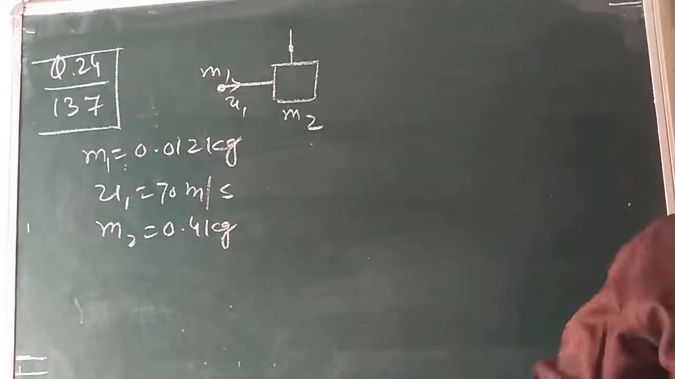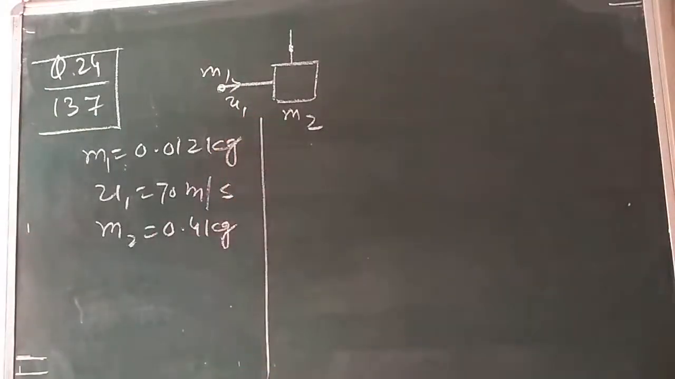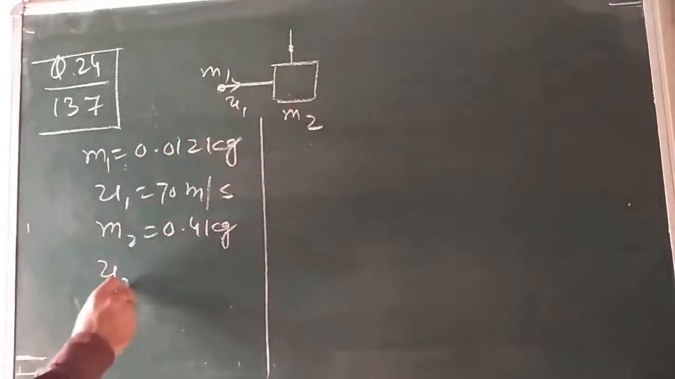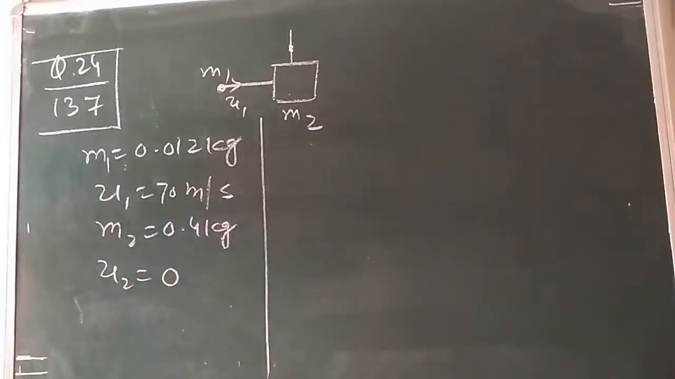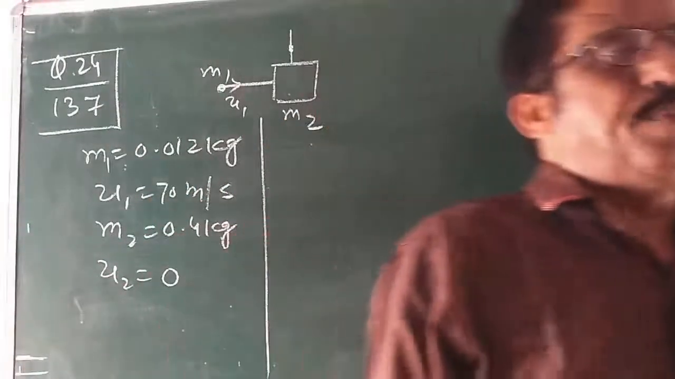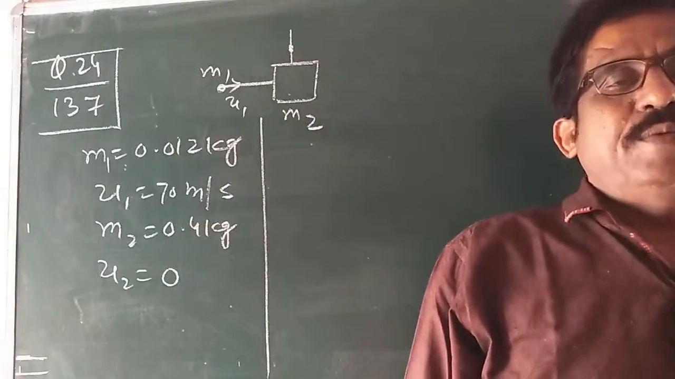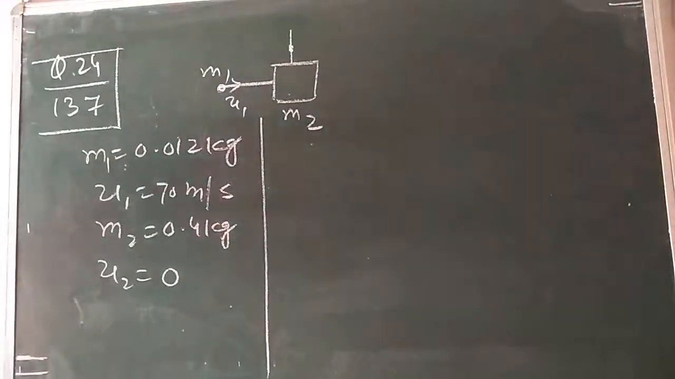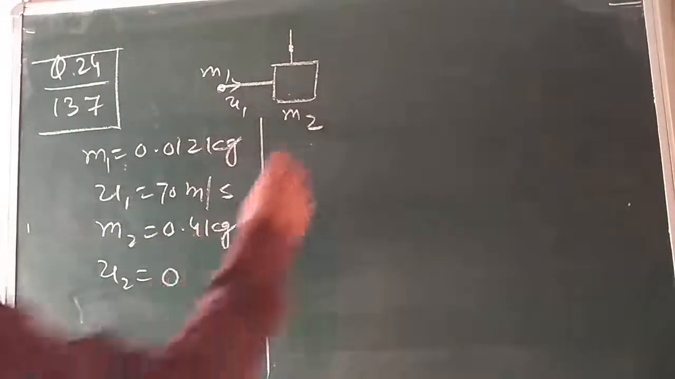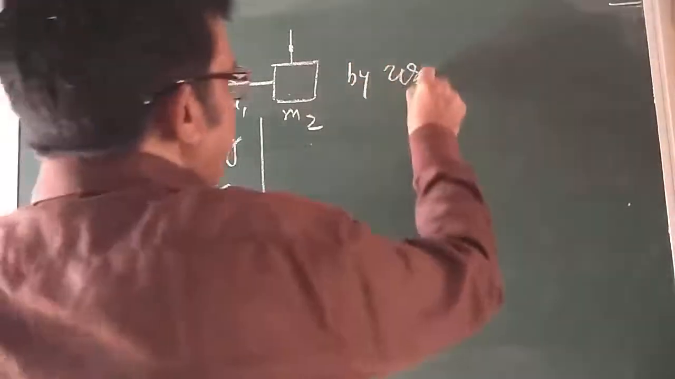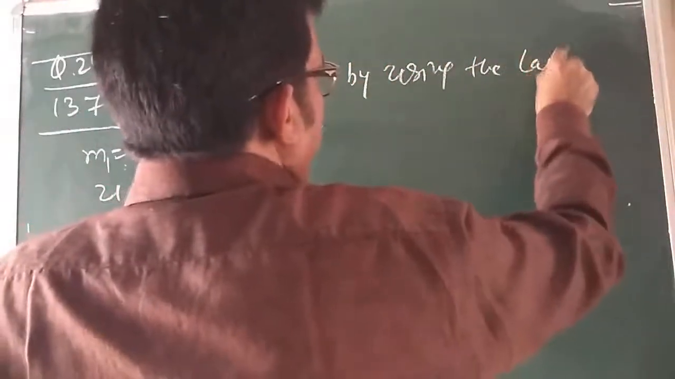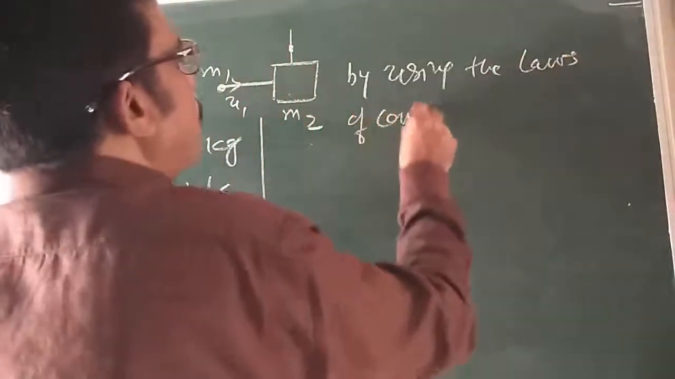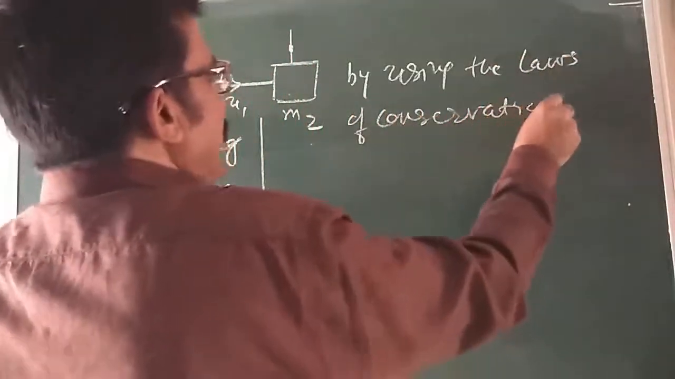This is a very interesting question. Again read the question. What are the things given? Write down. The block is at rest, u2 is equal to 0. Now again see our numerical formula page. Conservation of momentum, before collision and after collision. By using the law of conservation of linear momentum,